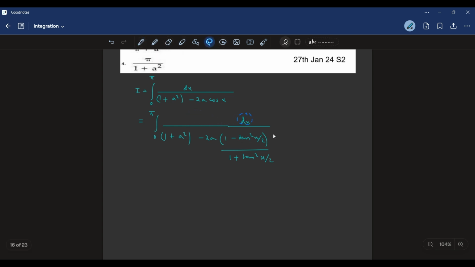is that I can do a little bit of rearrangement. Okay, this is absolutely going fine. Now, I can also write this 1 plus tan square x by 2 over here, and now 1 plus tan square x by 2 can be written as sec square x by 2, right or wrong? Okay. Now, in the denominator, if I rearrange a bit,